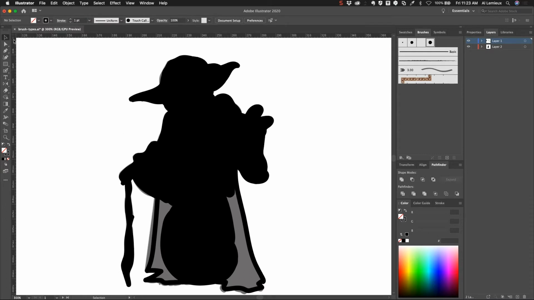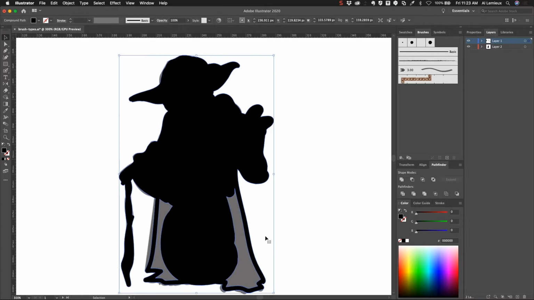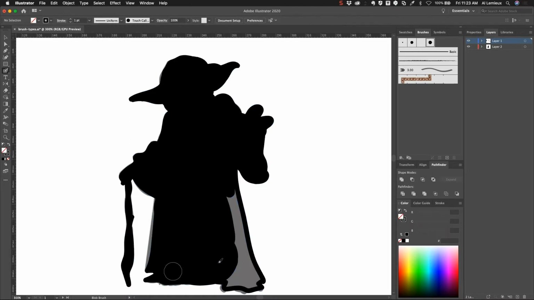And again, just to show you, the Blob Brush connects everything. Everything that you're painting, it connects it all. So even if I have this selected, doesn't matter if it's selected or not, it's just going to add to the blob. That's why they call it the Blob Brush. So obviously, I just did that really quick, just trying to get the outline in right, and now it's time